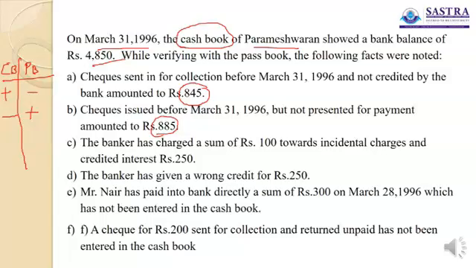The banker has charged a sum of rupees 100 towards the incidental charges. See 1 and 2. First is incidental charges 100 rupees. The banker has charged a sum of rupees 100, which means a bank charge debited in the passbook that keeps our passbook balance minus. Whereas the same has not yet been brought into the notice of the trader to be entered